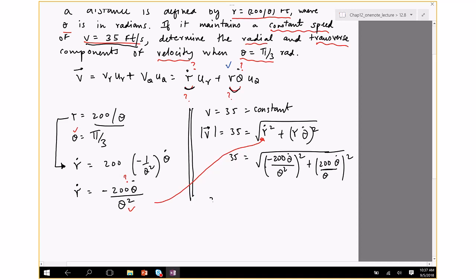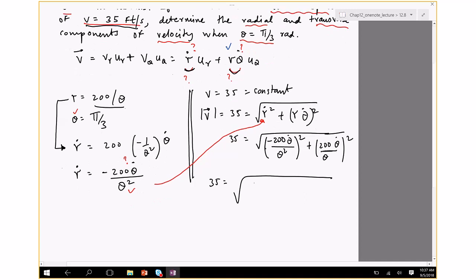So I can write 35 equals, well, I know what theta is. It's pi divided by 3. So I'm going to sub that in. Minus 200 theta dot divided by (pi divided by 3) squared, and I have to square this whole thing, plus 200 theta dot divided by pi divided by 3, squared. Okay, so